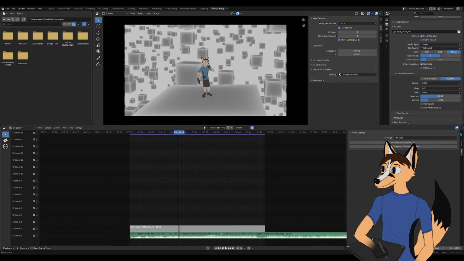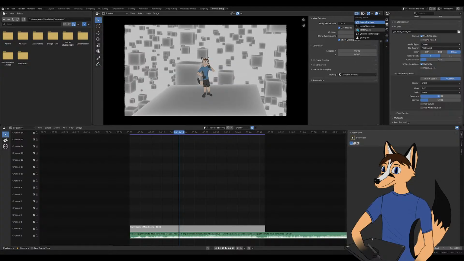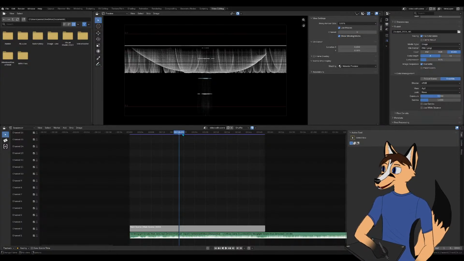Proxy settings. Nope. Scene strip display. Safe areas, no. Frame overlay, no. Maybe it's... No. No. No. No. Although, the Luma waveform's pretty cool looking.